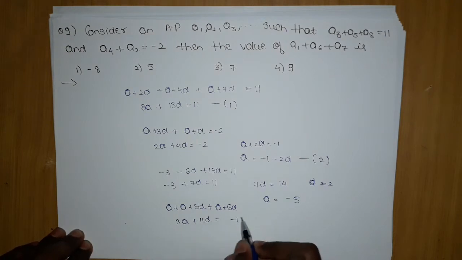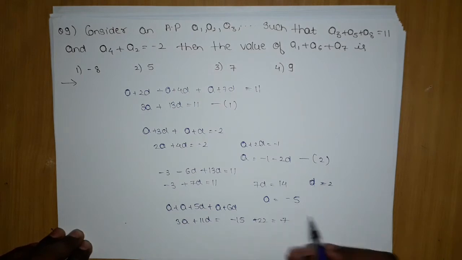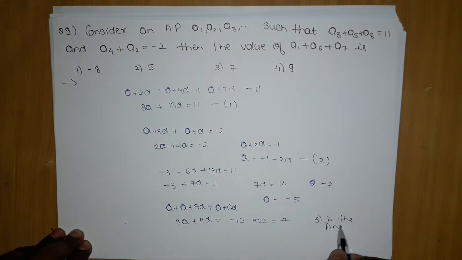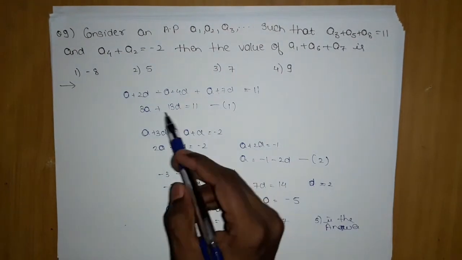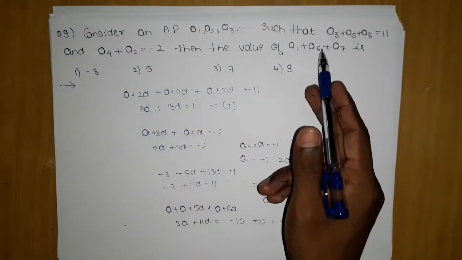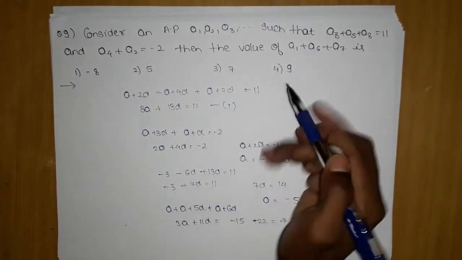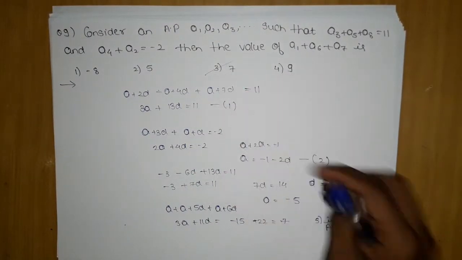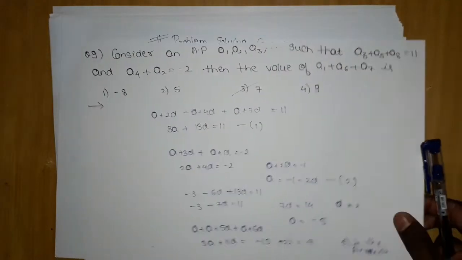This will be minus 15, and this will be 11 into 2, which means 22, which will give me the answer 7. Okay, so third is the answer. This was again the consideration of term question. And if you follow the trick which I have told, that 1 less than the number, the term which they are asking, then you will always get the right answer, which is this. Okay, now let's move on to the next question.